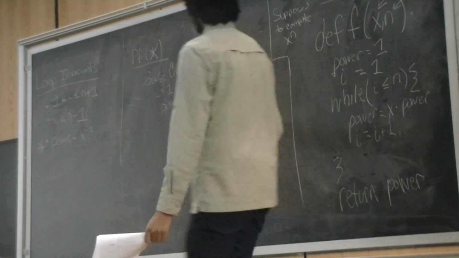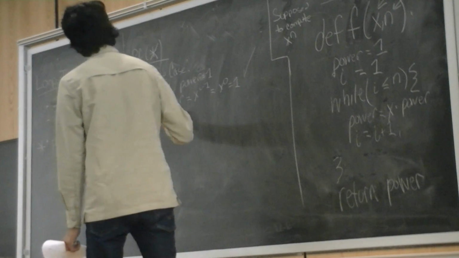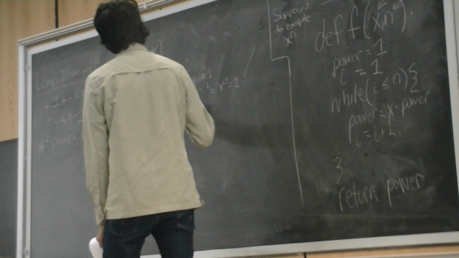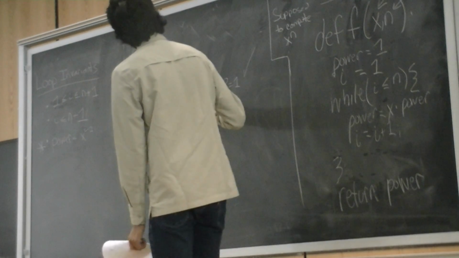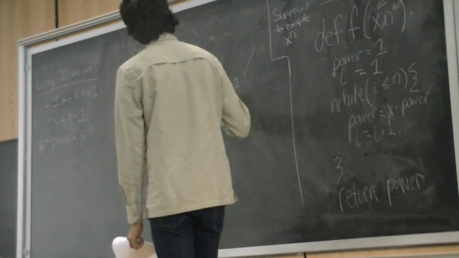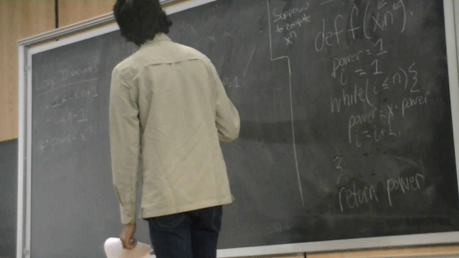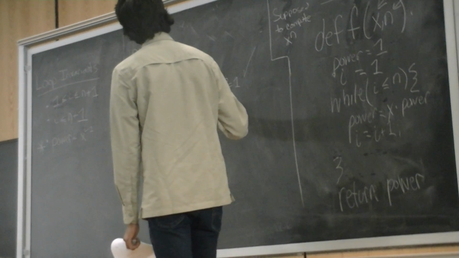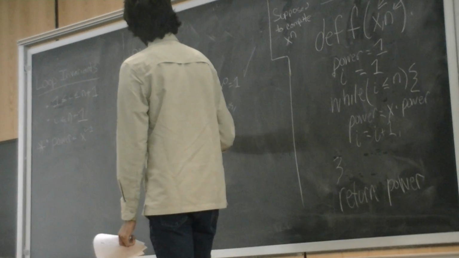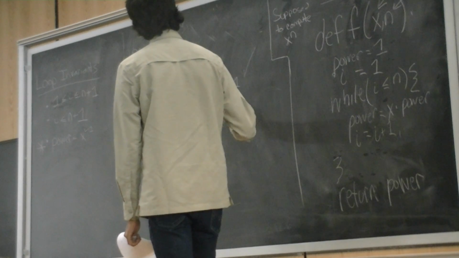Okay, so now this is kind of the inductive step, where I show if it is true before a round of the loop runs, it is true after that